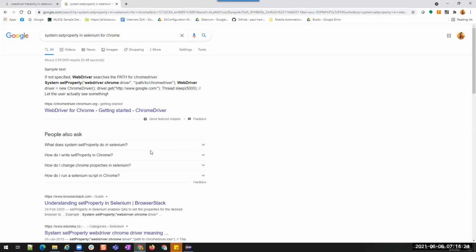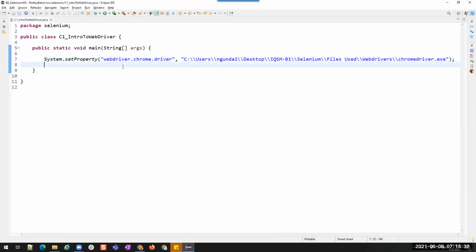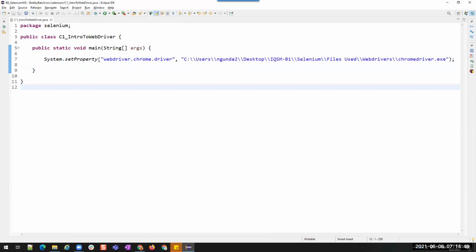It's not webdriver dot driver. For each browser, we have a separate key. So this is kind of a map. Okay, we are assigning this variable with this value. But where are these values stored? These are system properties. You are setting your system to know that your browser driver is present at this place.